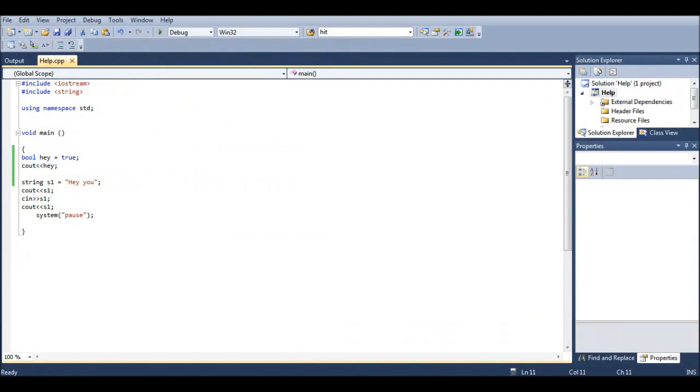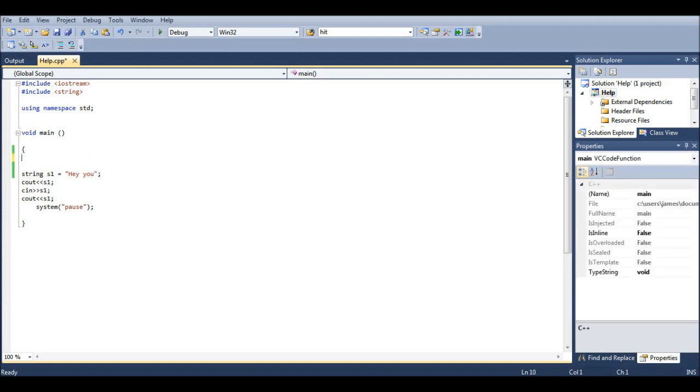Anyway, now let's move on to the main part of this video, if statements. So, if statements are structured like this. If, then, and then else. If basically says, if this happens, then do this. And else says, well, if that doesn't happen, do this. So, for example, let's just say, we'll delete that, and let's say, I don't know, int